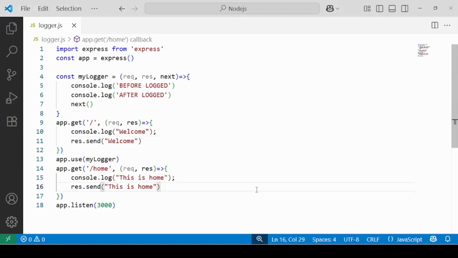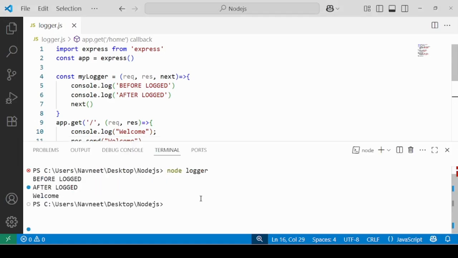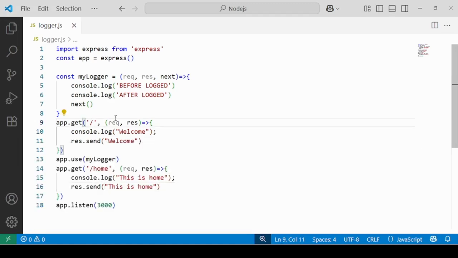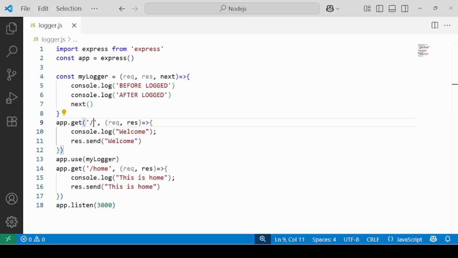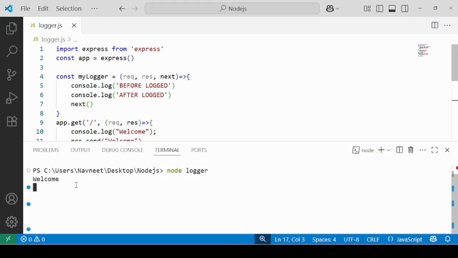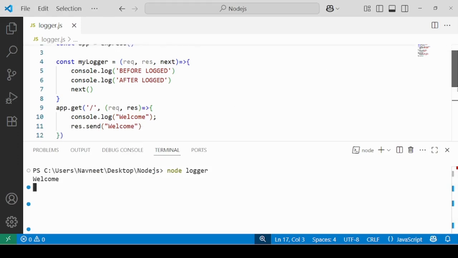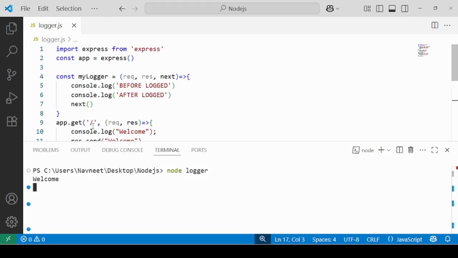Let's check the result for this. I will first go to this URL. I'll hit this URL and let's check the result. And you see it prints only welcome. This time this URL is not utilizing MyLogger.